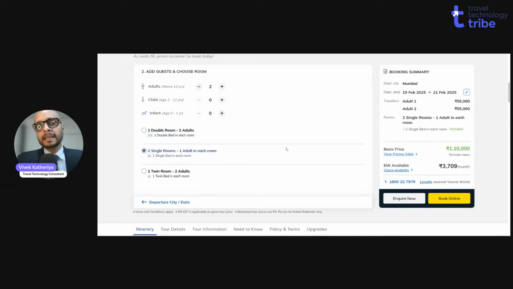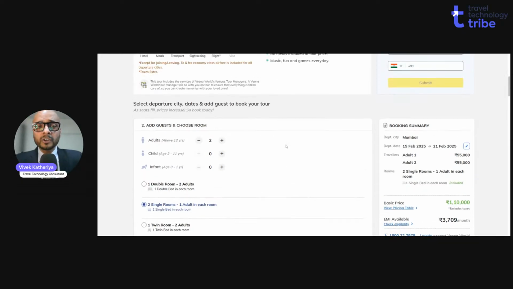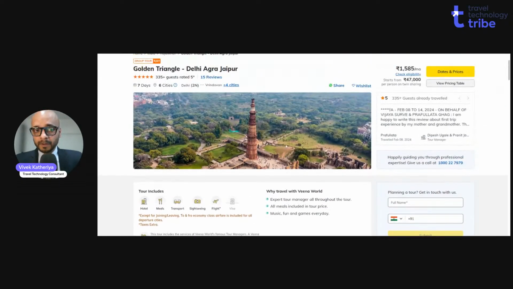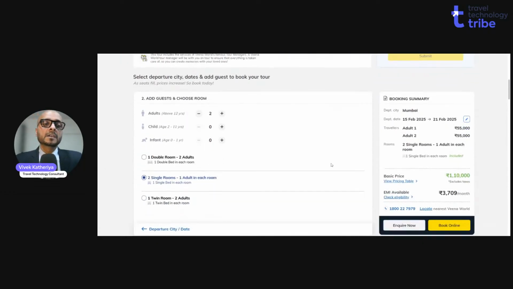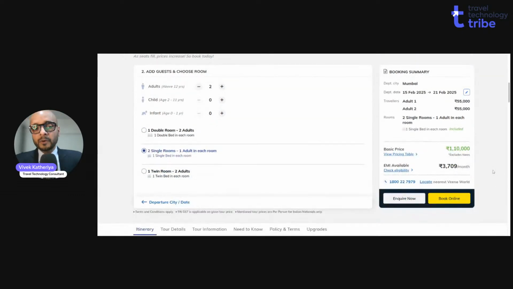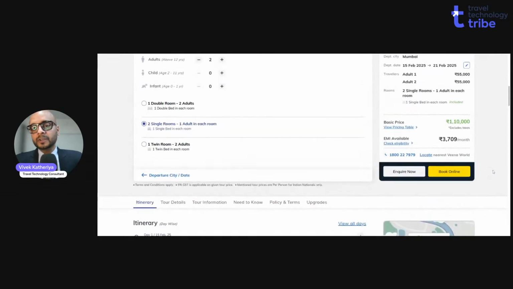So basically the whole thing is defined in the back end. You cannot change the components inside of it, right? Flight, hotel, these are all predefined. But yes, on the basis of the number of packs, your price will go up and down. And again, if you want to upgrade some of the facilities, then you can talk to the customer